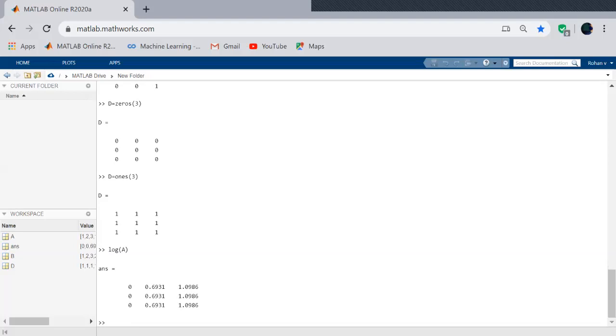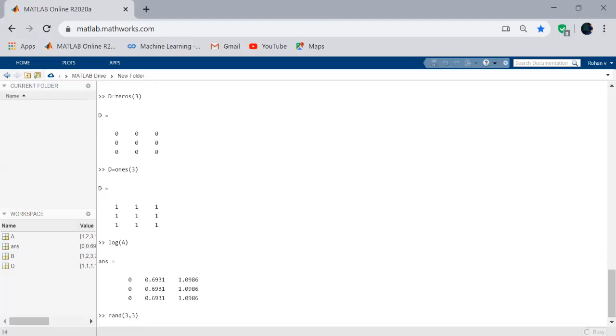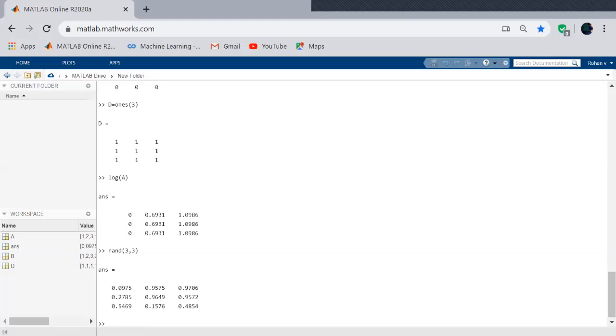You can also generate random values, that we'll see. It creates a 3 by 3 matrix of random values.